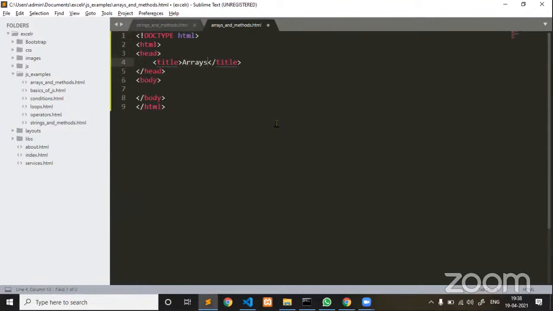In other languages, arrays are also called collections. Guys, listen carefully. I am writing a script, internal JavaScript. To create an array, first let me give what an array is all about.